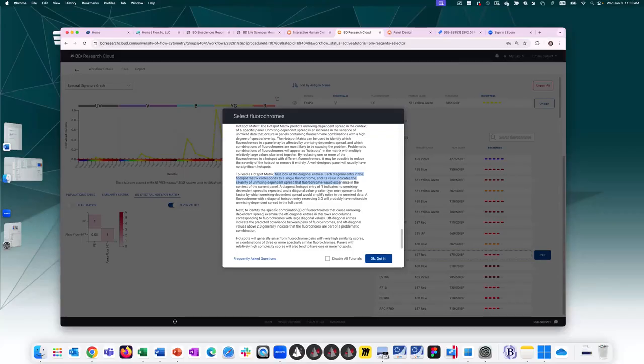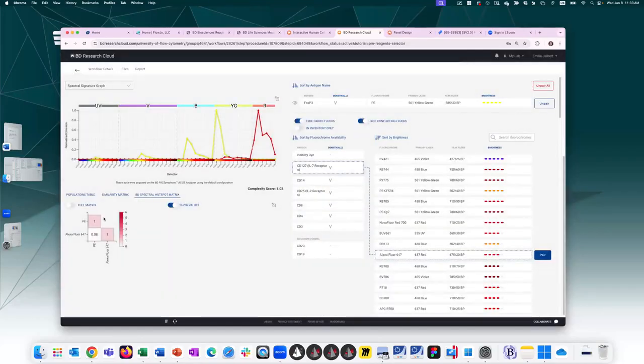And a diagonal value greater than 1 represents the factor by which unmixing dependent spread would amplify the noise in the unmixed data. A fluorochrome with a diagonal hotspot entry exceeding 3 will probably have noticeable unmixing dependent spread. So to read the hotspot matrix, we're looking at the diagonal and we want values of 3 or lower ideally. Of course, this will depend on your panel size. The more fluorochromes you try to put in there, the more you'll have the opportunity to maybe have this creep